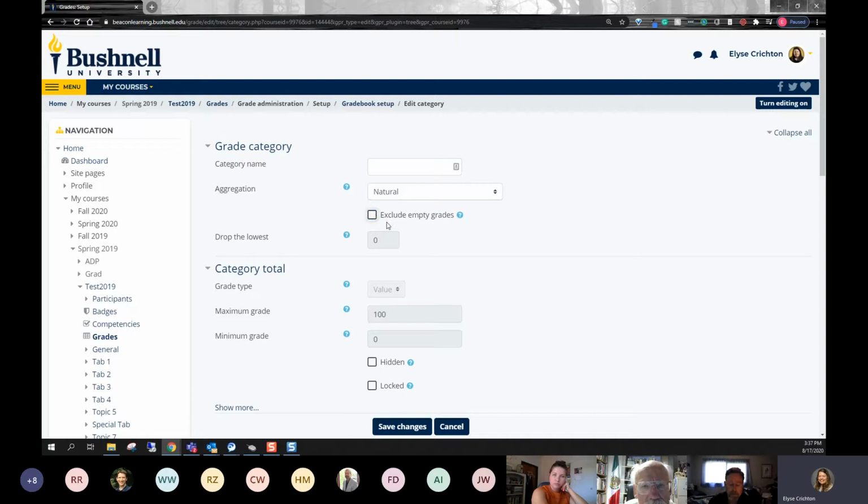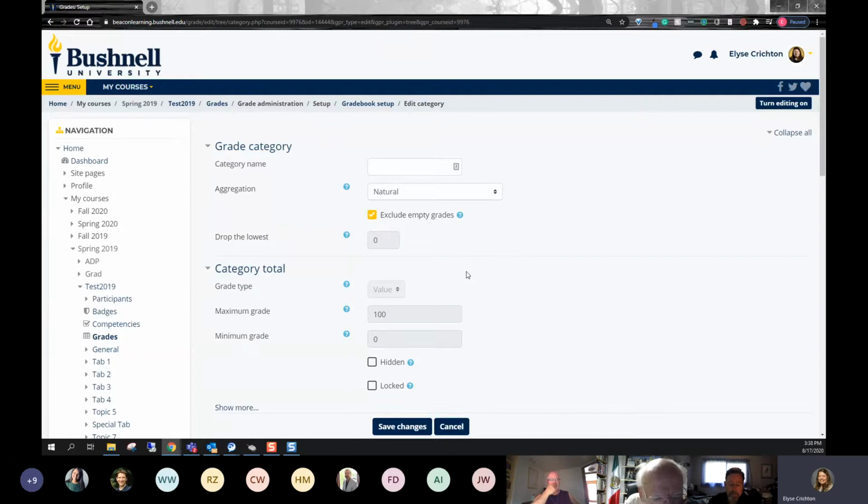If you uncheck it, which you have the option of doing, everything in your course will show up as a 0 to your students, which means they would see themselves as getting an F even at the beginning of the term. There is an argument for why you would do that. It has a lot of gamification ideas behind it. When you're playing a game, you always start with 0 points and you always work up to the next level. There is no way you could go from an A to a C if you leave this unchecked.